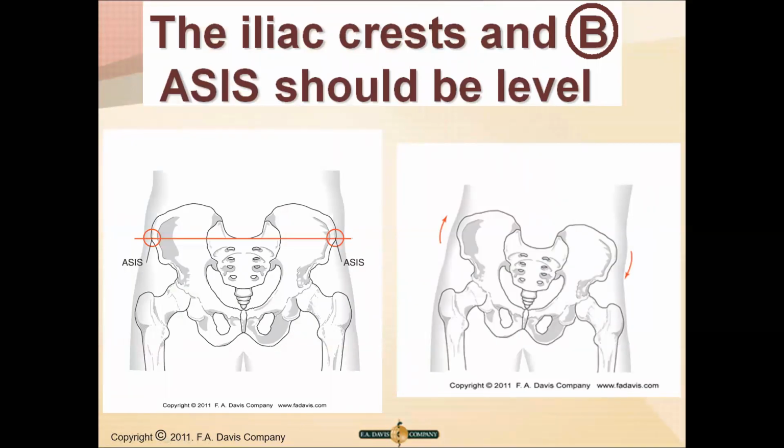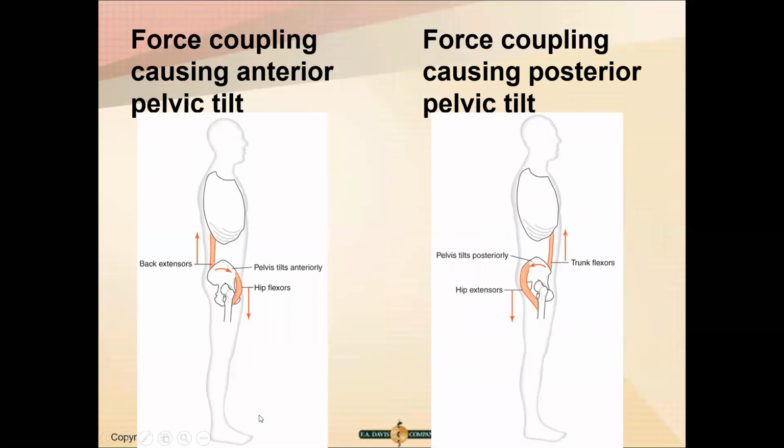The iliac crest, meaning both ASISs, should be level when we're looking at posture. We don't want any rotation occurring at those ASISs. So this is where we get into a little bit more complex topics, and we will talk about this when we get down to talking about the spine and measurements of the spine, right? But with pelvic tilt, when the hip flexors are kind of shortened down, they are going,